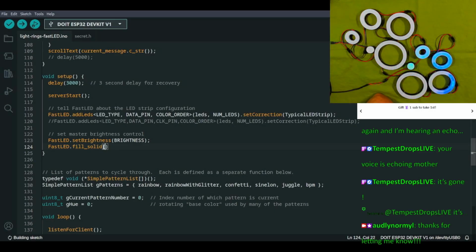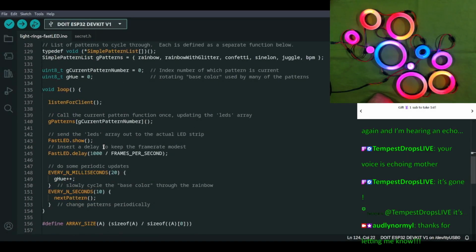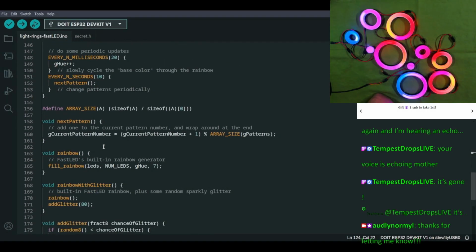And we need to pass it in, I'm going to copy from the fill rainbow.